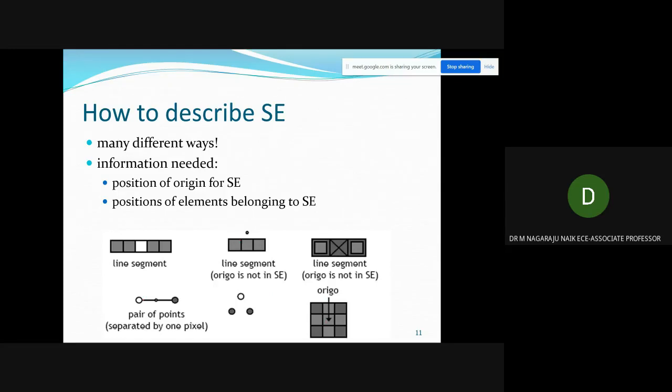Depending on that, it may take a pair of points separated by 1 pixel. So we have different types of structural elements, and you have to select the structural element depending on the application. So the information needed is the position of the origin of the SE and the position of the elements belonging to the SE. That you have to decide.